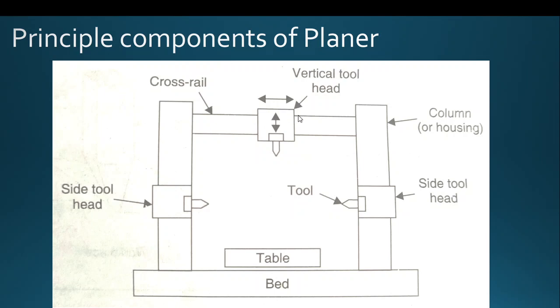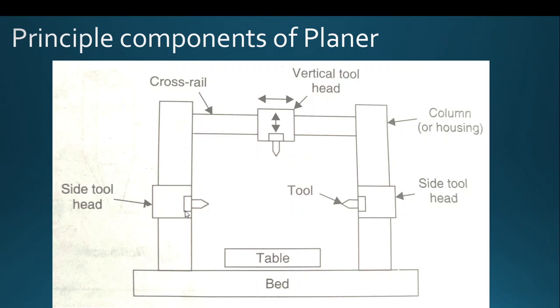This tool head is able to move towards left and towards right on the cross rail itself, and the table can be moved in front and back direction. So by these movements we can easily move our tool head to remove the material in the downward direction. In order to give the depth of cut, we need to move the cross rail in vertical direction, and in order to give the feed movement we need to move the tool head in the horizontal direction after the successive cutting stroke and idle stroke.